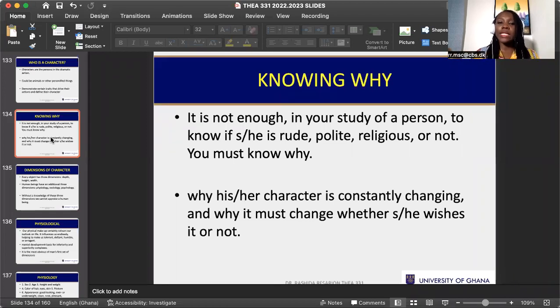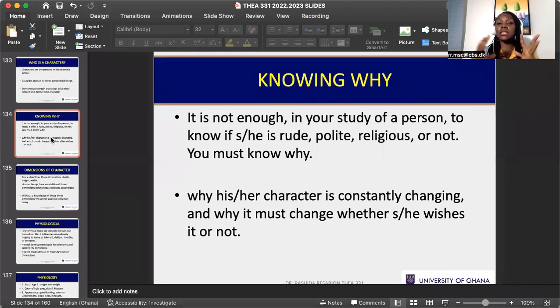And so we quickly form opinions about people, because it's easier. If you really want to delve in and know why the people are being rude, the people are being impolite, the person is just impatient with everybody, and you just say that is how the person is, there is always a reason.